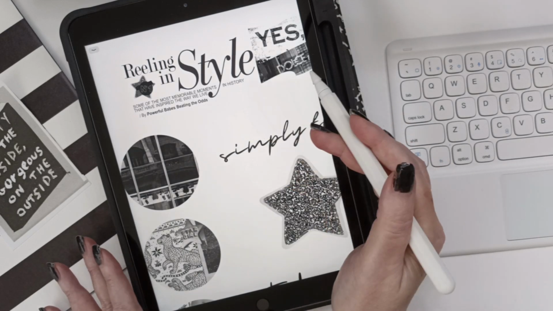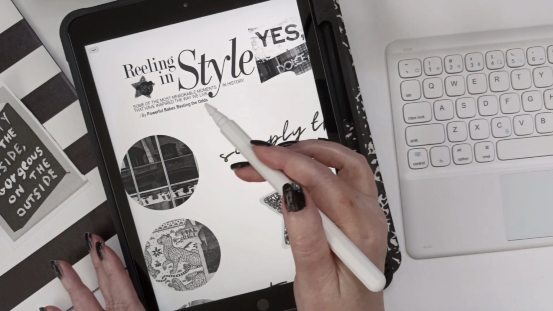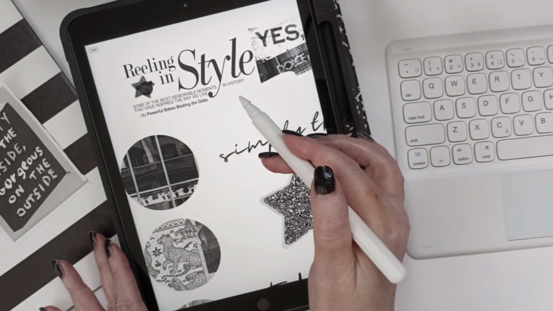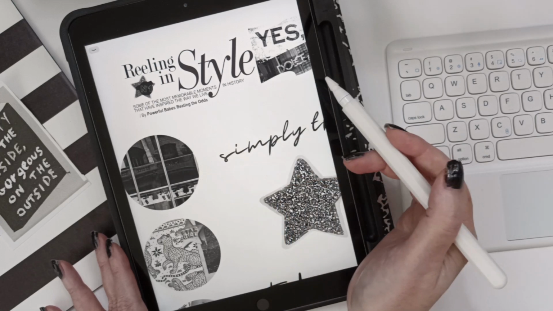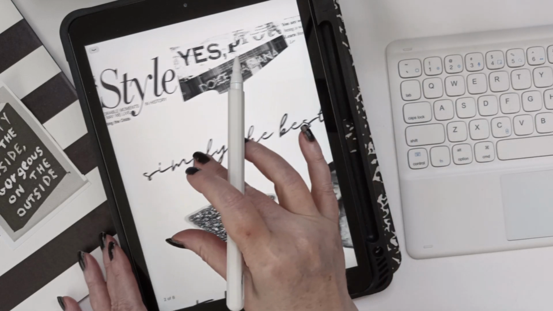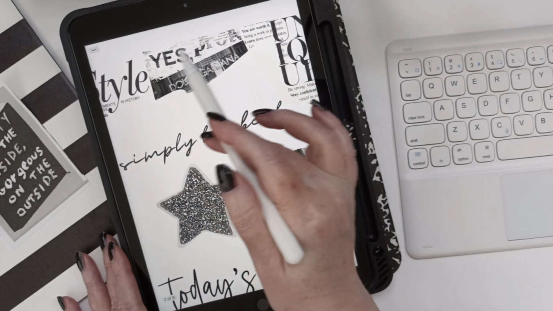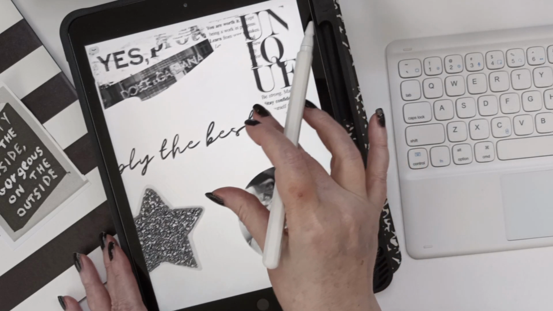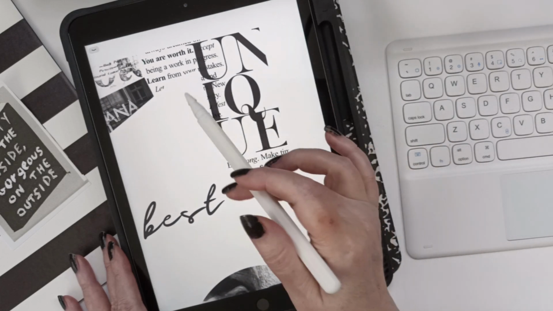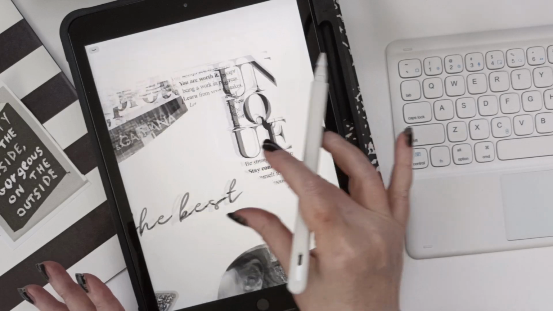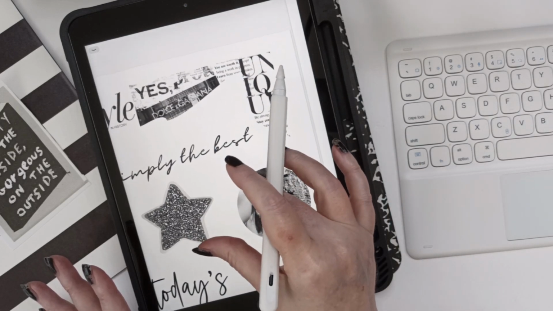So Reeling in Style #1, some of the most memorable moments in history that have inspired the way we live by powerful babes beating the odds. I mean, that kind of says this kit in a nutshell. And I have cropped this out already and used that as a header title. I have cropped out sections of this, and then under this, unique. If you're not familiar, I have this shape that I drew a long time ago for one of my journals. Absolutely loved how it came out, so I replicated it digitally,